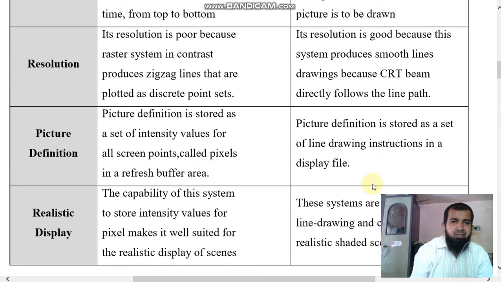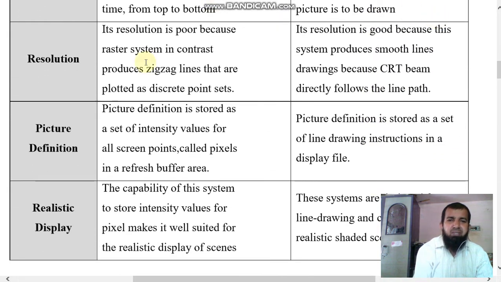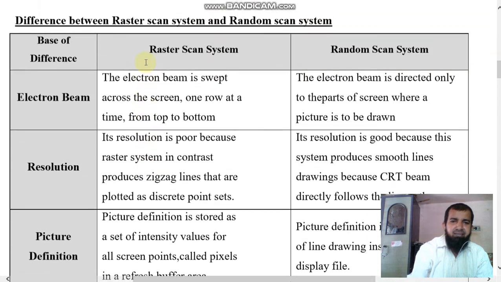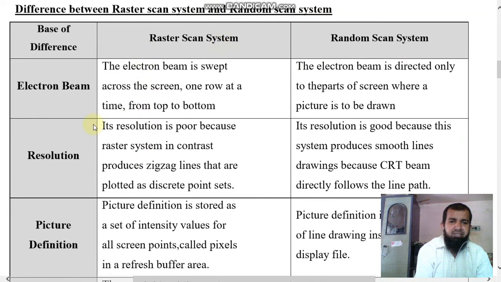Second difference is resolution. In raster scan system, the resolution is poor because the raster system in contrast produces zigzag lines that are plotted as discrete point sets.